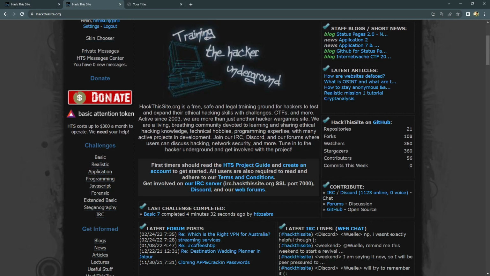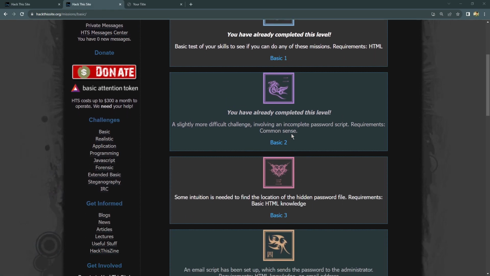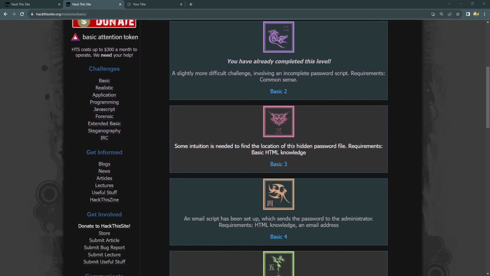Okay. Now, once you are in, you head over to the challenges section. You can see there are many different challenges, and in that go to the basics. Let's dive into today's lab. This challenge falls into basic level 3. If you remember, we already solved lab 1 and lab 2. Today we'll do this. It's a level 3 category, so it's a bit more logic than what we tackled last time. We are going to need some intuition indeed to find the location of a hidden